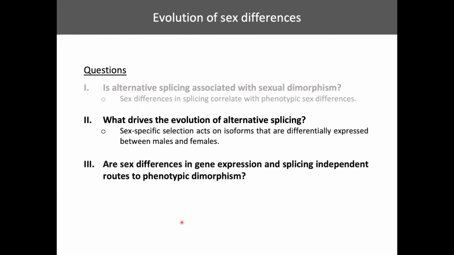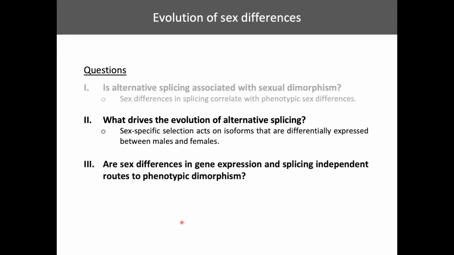So this allows us to answer our second question. Our results are consistent with sex-specific selection acting on isoforms that are differentially expressed between males and females, driving the evolution of alternative splicing. So now we'll go on to our last question, which is, are sex differences in gene